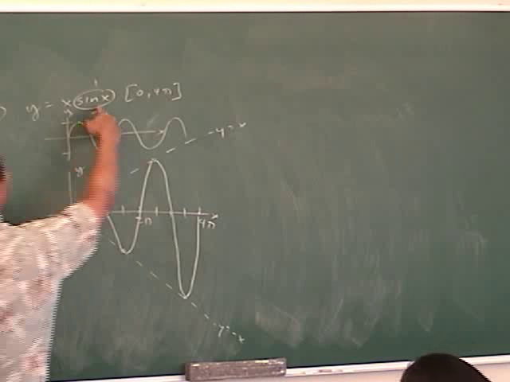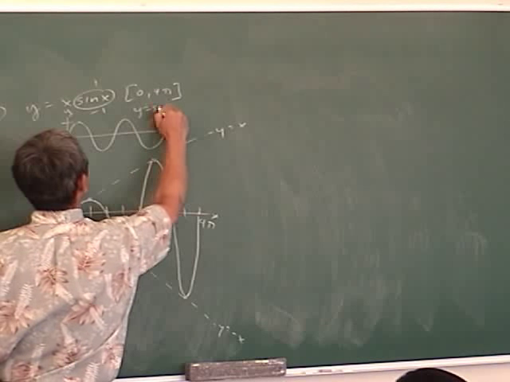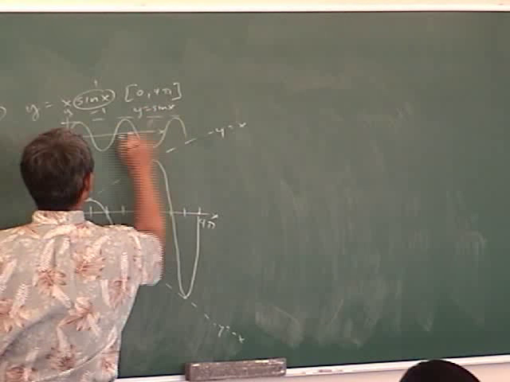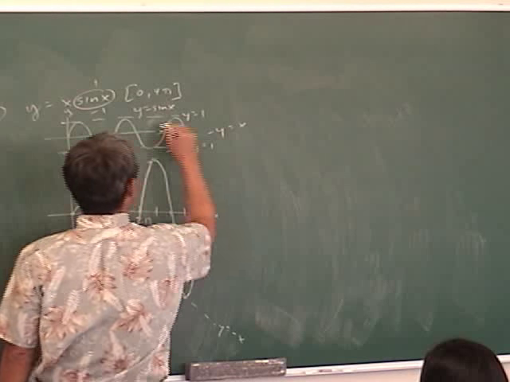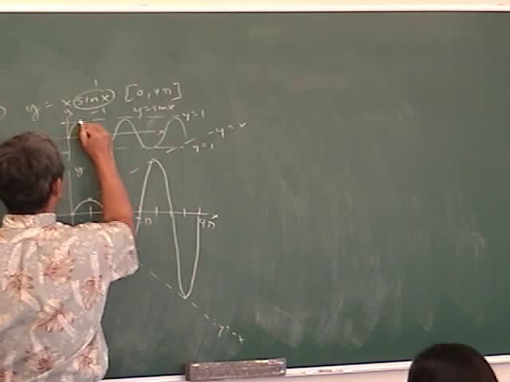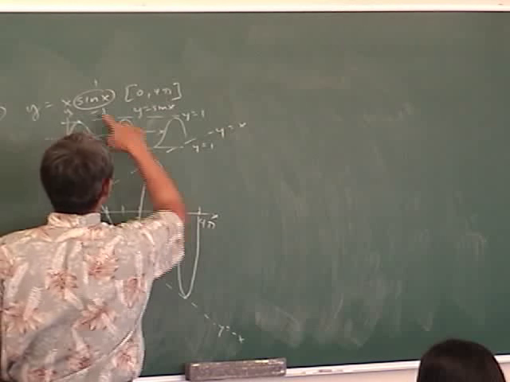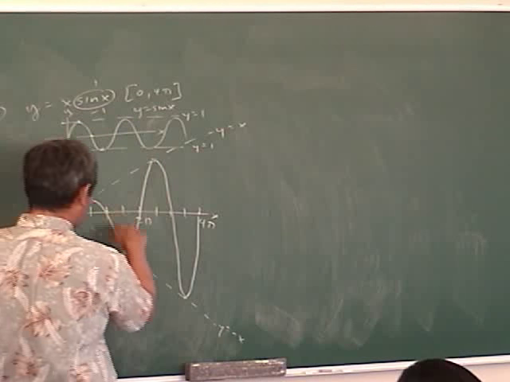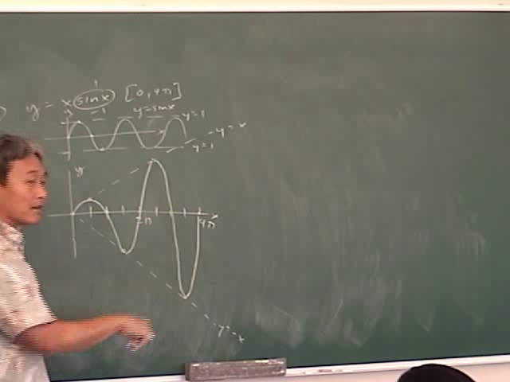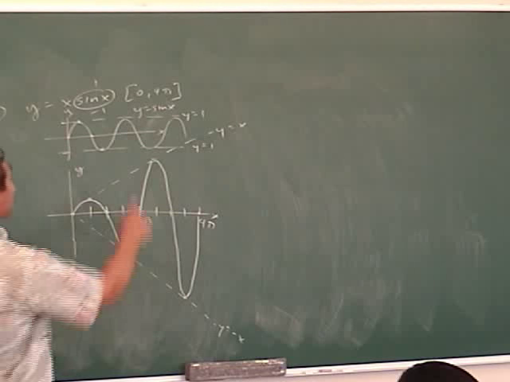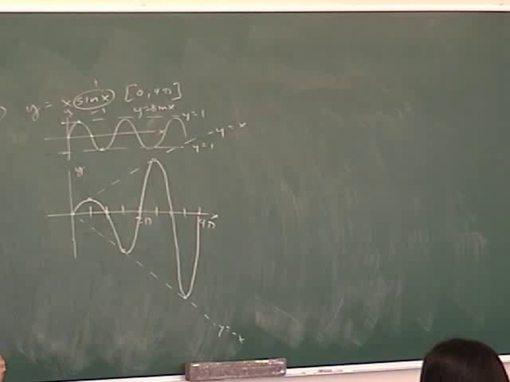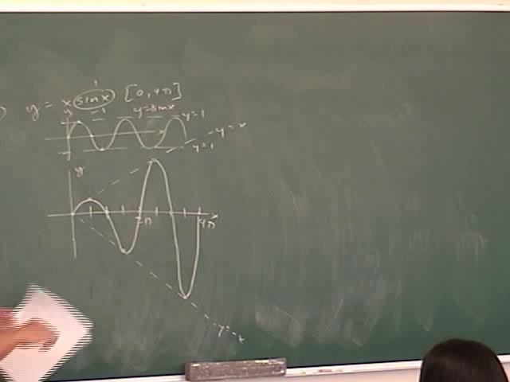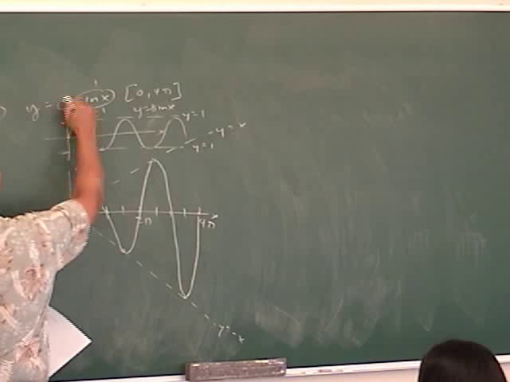See, like this over here, if you just had regular sine x, the graph just stays between y equal 1 and y equal negative 1, right? It just oscillates, right? 0, max, 0, minimum, 0. But now, since you have an x in the front, the amplitude changes as it goes. It gets bigger as the graph goes out to the right. Whereas in this one, the amplitude just stays constant at 1. You know what I'm talking about? So you can do this with any graph. I can put any function over here,